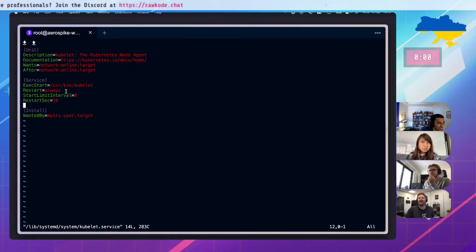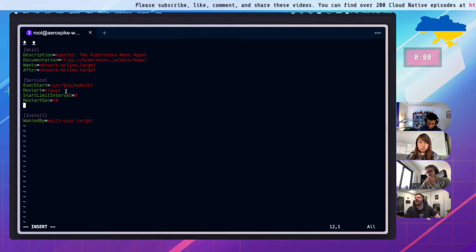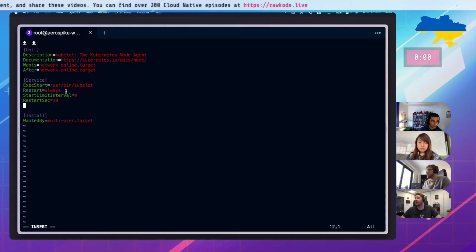I would maybe add to the service. I wonder if run once is a default and you had to add type simple. Someone in the comments help us out. What's the best way for this to get fixed? Let's see. Oh, it's a kubelet config.